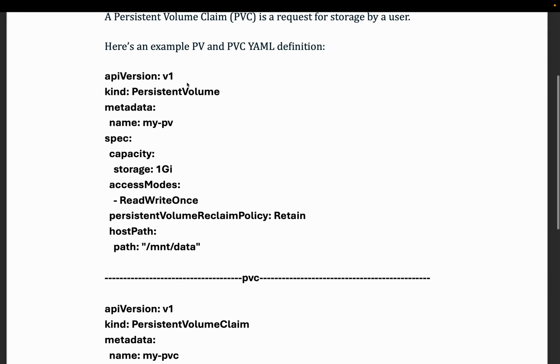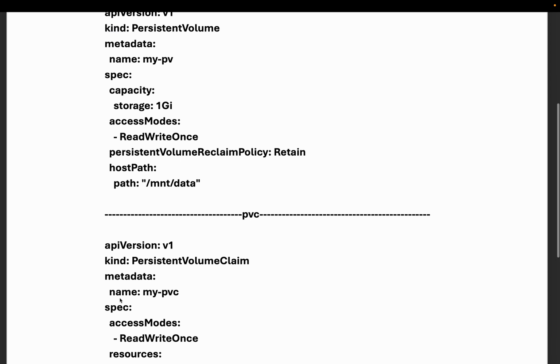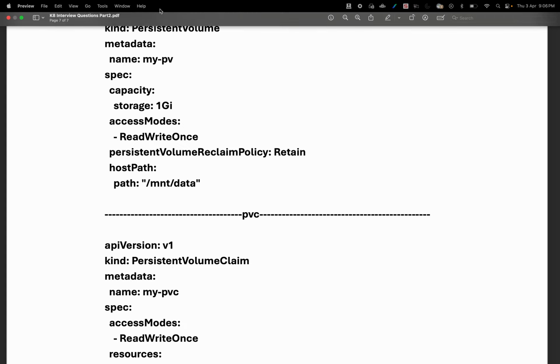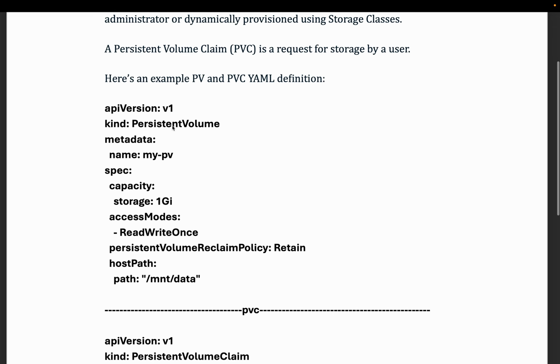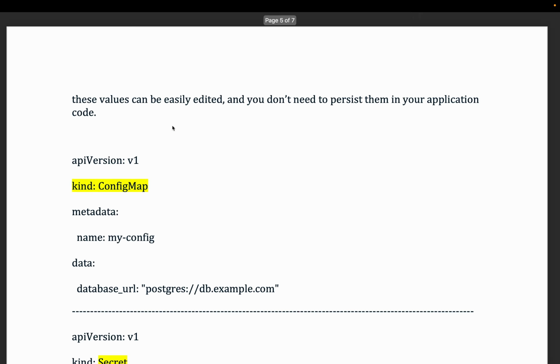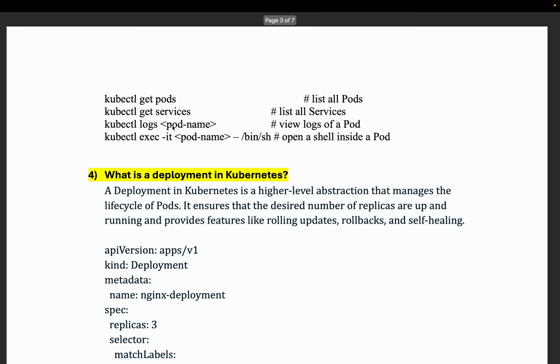So persistent volume stands on the cluster level, while the persistent volume claim stands on the pod level. It can request from the PV how much storage or how much configuration it requires to store the data. So these are all the 10 questions I wanted to talk about in this particular video, and they are explained